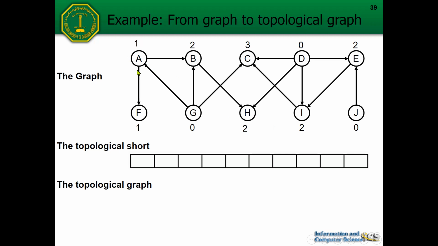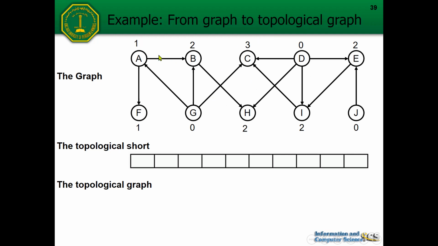As you can see, there is no self loop. Then if you try to find a cycle in this graph, first attempt, no cycle. This one, no cycle again. You try again here, no cycle, you try again, no cycle. So this is a DAG, which means that you can apply the topological sort algorithm to find the topological sort and also the corresponding topological graph. Now for example, we want to apply the algorithm to find the topological sort.